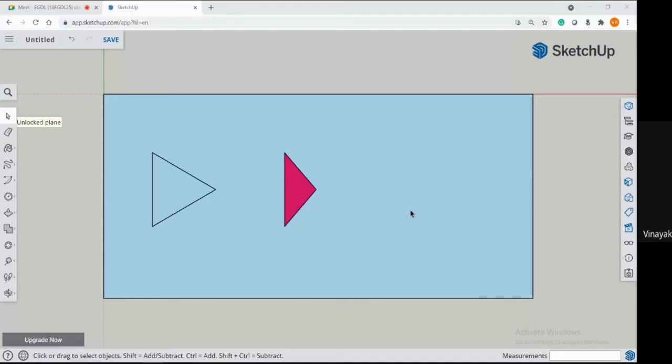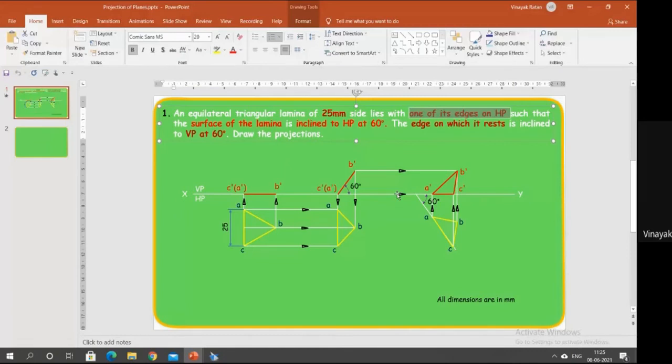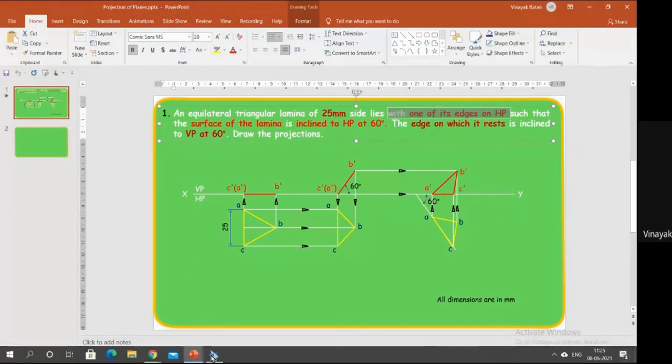Now you can see here what is given in the question. The edge on which it is resting is inclined to VP at 60 degrees. Now how will you identify which edge it is resting on? In the first sentence itself they have clearly given that it is resting on the horizontal plane on one of its edges.